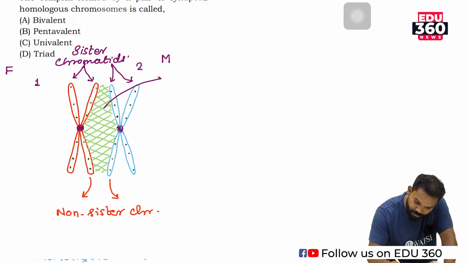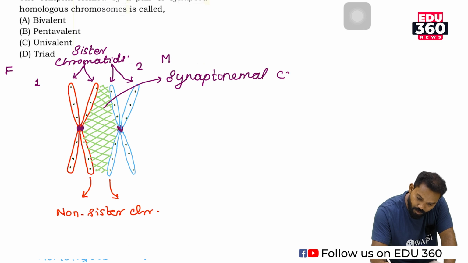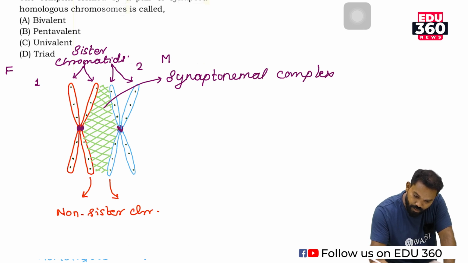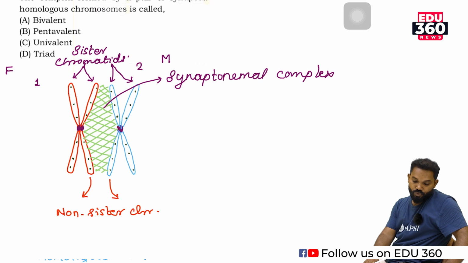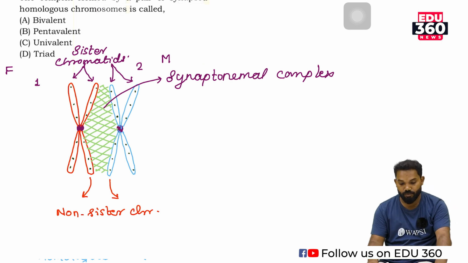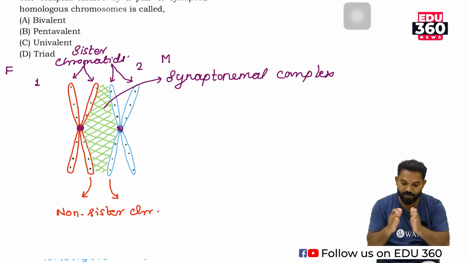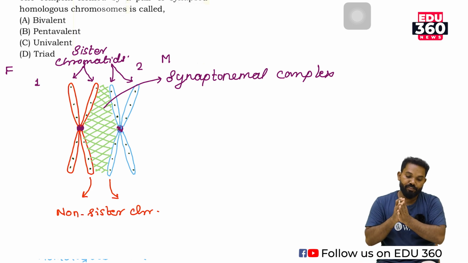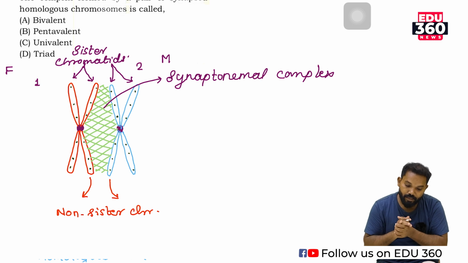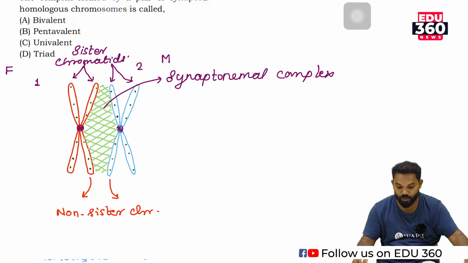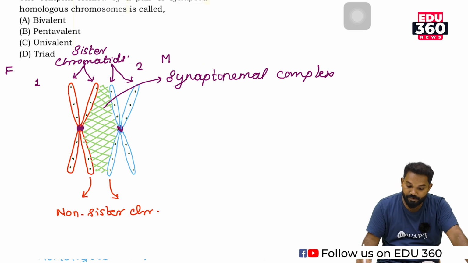This is the synaptonemal complex, which adheres the two homologous chromosomes at their non-sister chromatids. So synapsis, or pairing, occurs between non-sister chromatids of homologous chromosomes, that leads to the